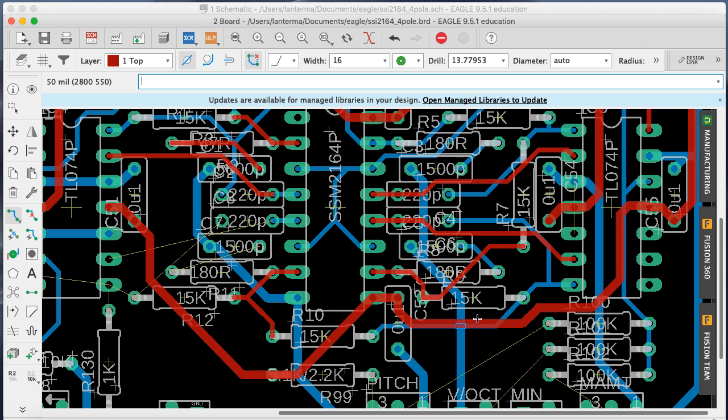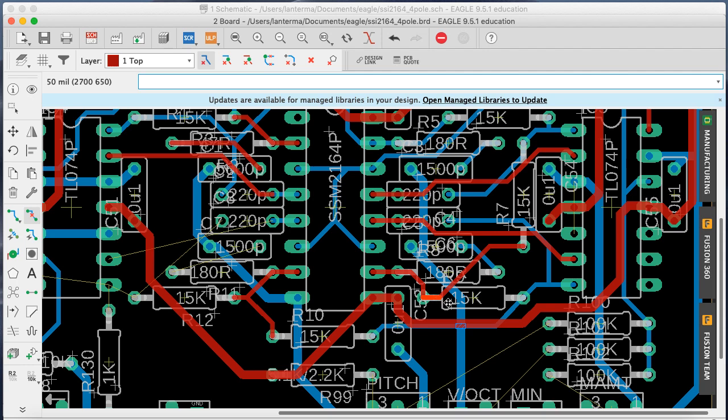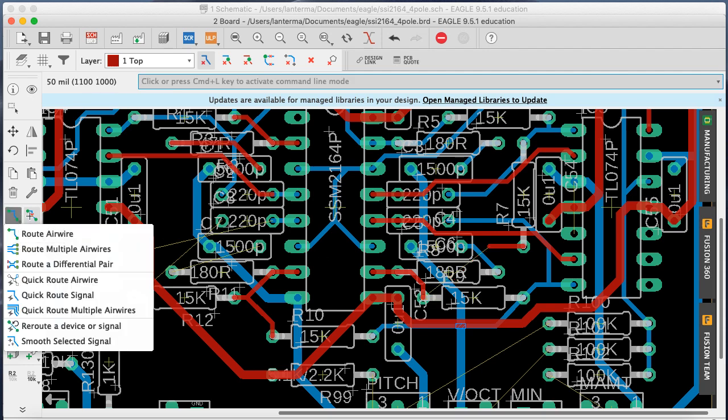Oh, you know what? Things are getting mixed. That's why this is complicated. See, there's two 15Ks, or one of them's the feedback. I don't know, this just looks a little weird to me. So signal flow concept or not, what I want to do is say this is going...